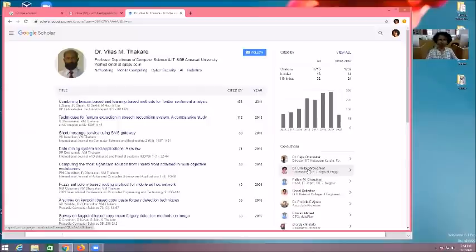There are many tools available to show collaborative research. The advantage is that you can find similar papers and similar researchers. Suppose I am interested in cloud computing and want to know how many other scholars and researchers are working in that area.